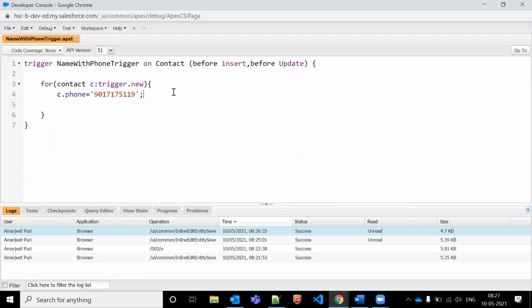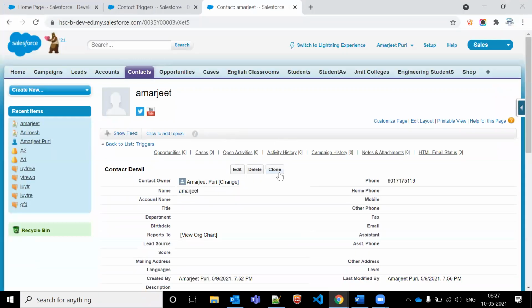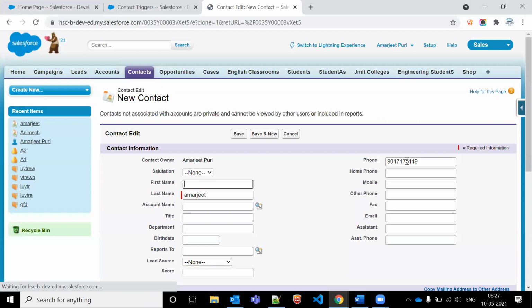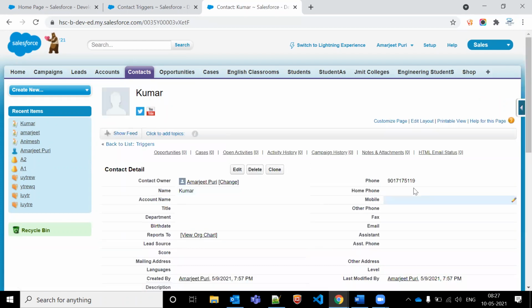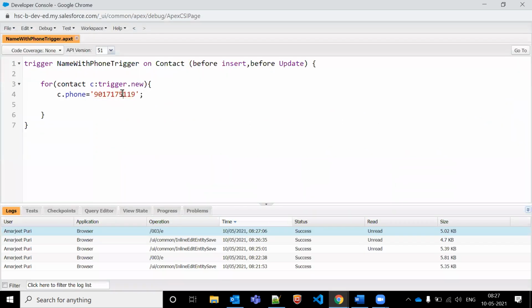Every time it will be updated. If we are creating a new record, let's say I clone this one, remove this name, and put Kumar, and save the record, it still updates my phone number because we are hard coding it here.